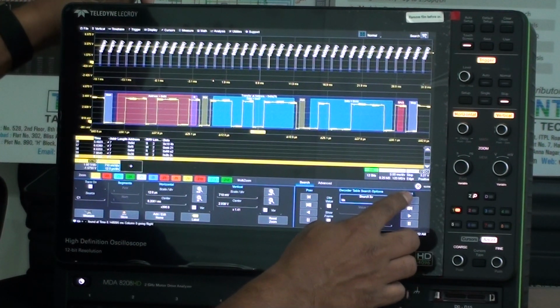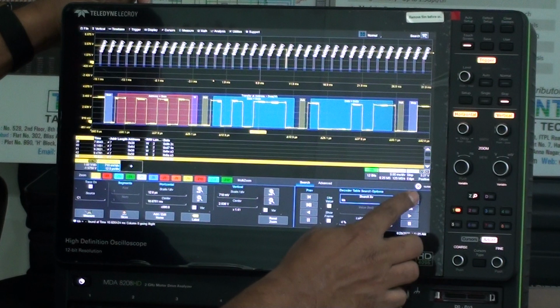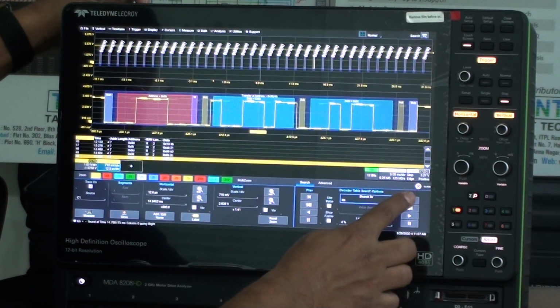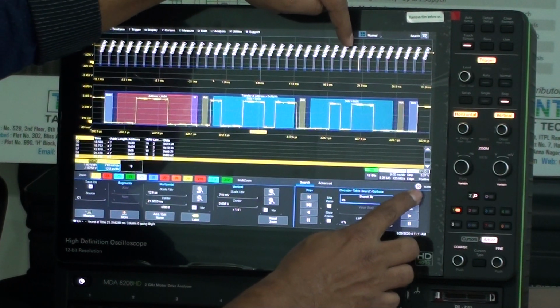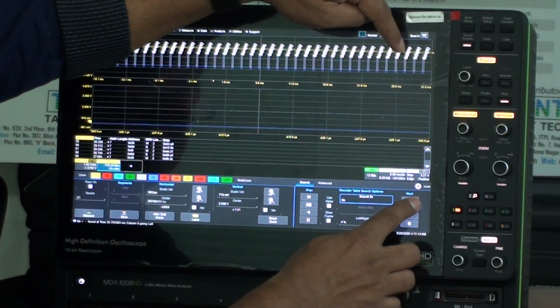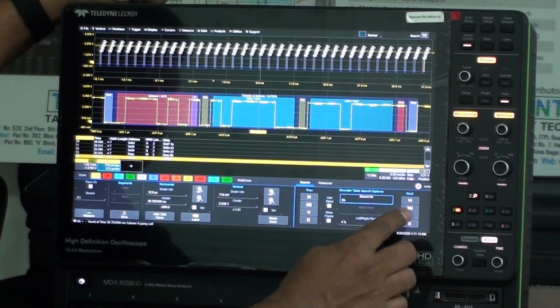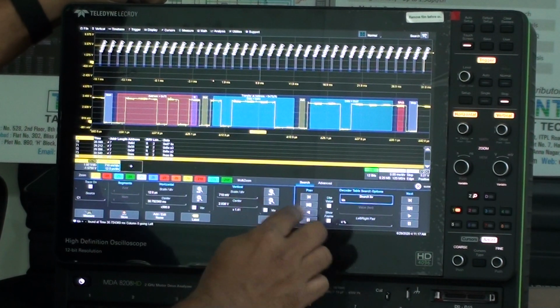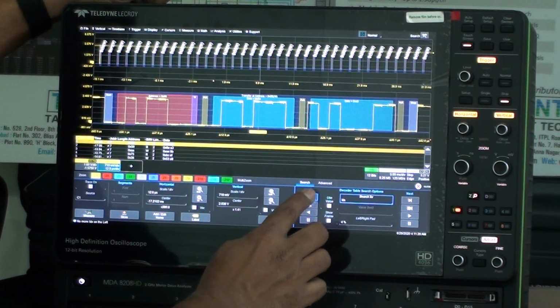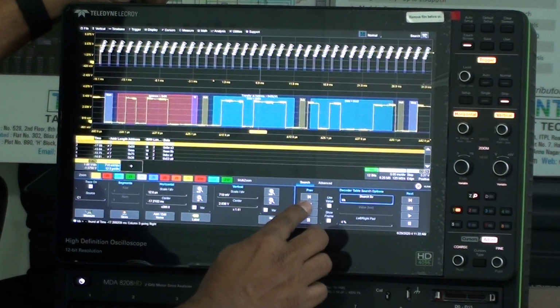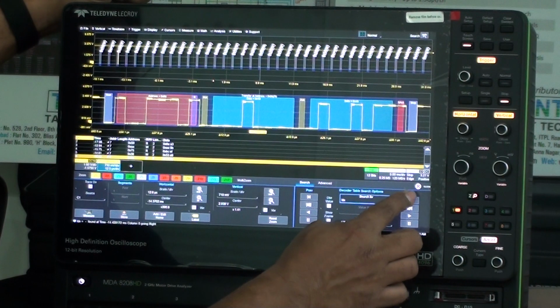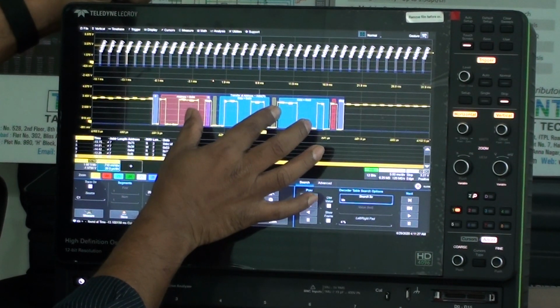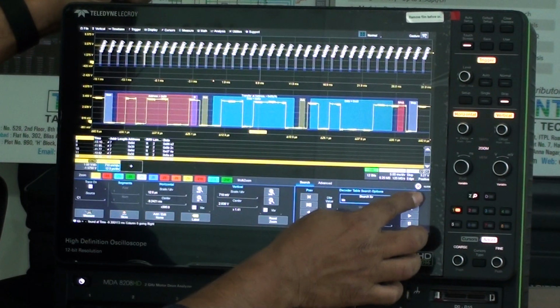So as you see here, I am moving bit by bit. I am able to see that so many bits are here. Here actually you can see the main channel is channel 1. You could see which is that trigger area that we are looking at. You can see here, or you could go directly to the first and then jump signal by signal. You will be able to see. So you can target this at that area.